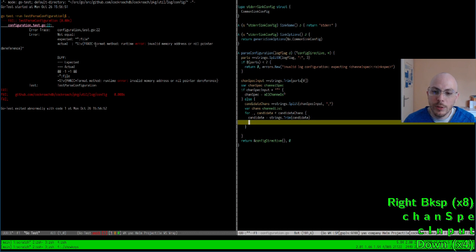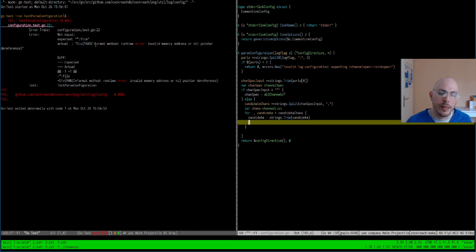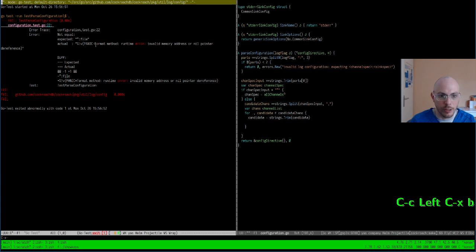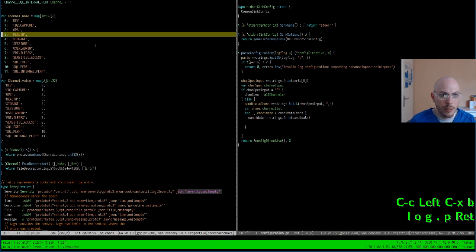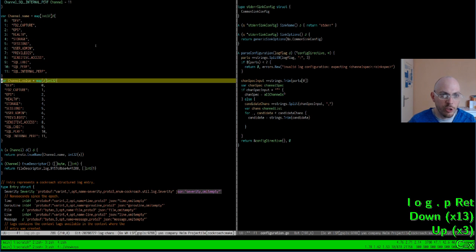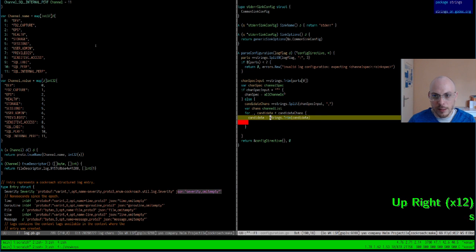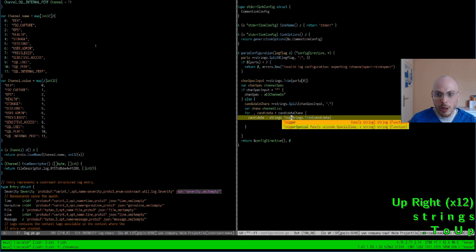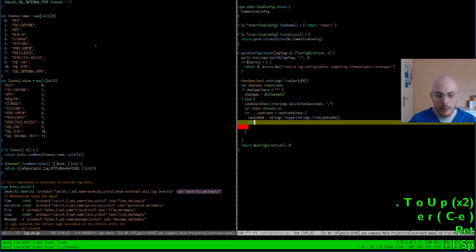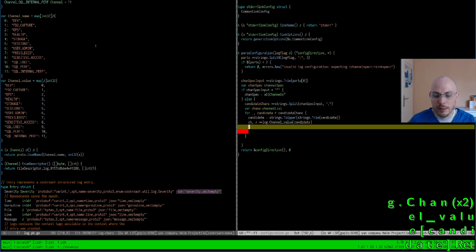And then we're going to have channel names, like the names in the log package, which we now have here. It's really nice because we have this channel value map. So the name is going to be toUpper, and then we're going to have a lookup with the candidate name. There are two cases.